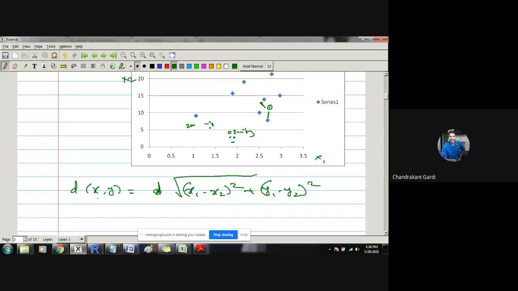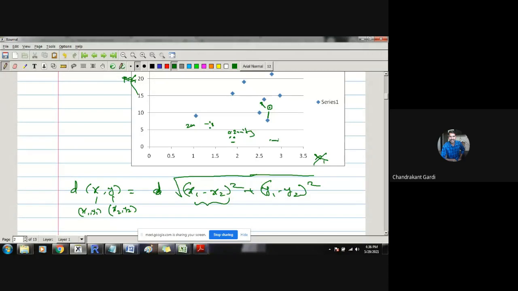So the first point x is, say, x1 y1, the other point y is, say, x2 y2, and we are calculating distances between them. Now in the entire space, this x1, this first axis, has a very small range. Suppose this is the x-axis and this is the y-axis. On the x-axis these two points are there. The x coordinate of the first point is x1, the x coordinate of the second point is x2. So we are calculating the difference between them, and we are squaring it.